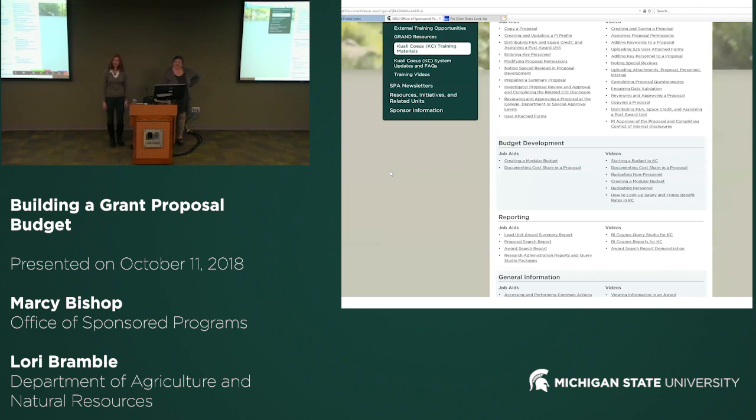Marcy and Lori, could you comment on the caps on salaries for NSF and NIH? Sure. NIH has a salary cap, and I think NSF also allows for 2 months. So NIH does have a salary cap, and I cannot spit it out right at the top of my head.